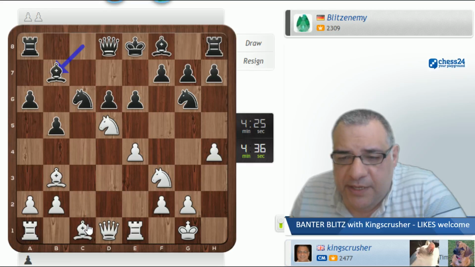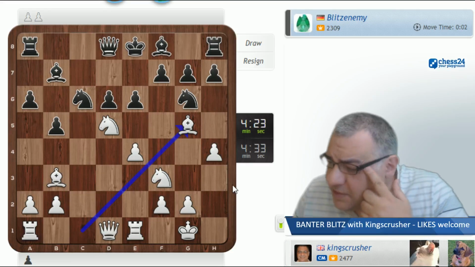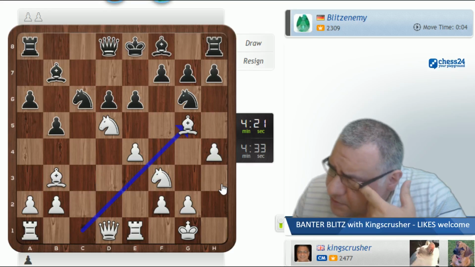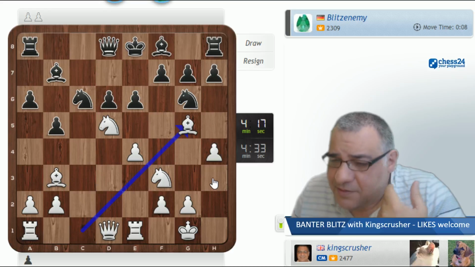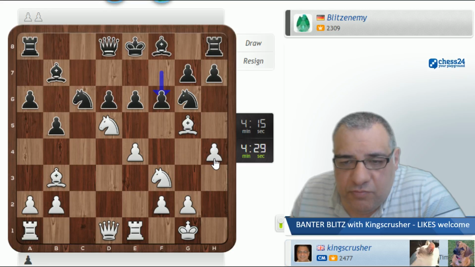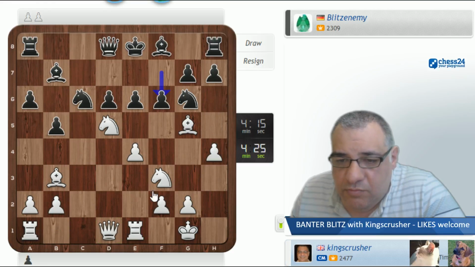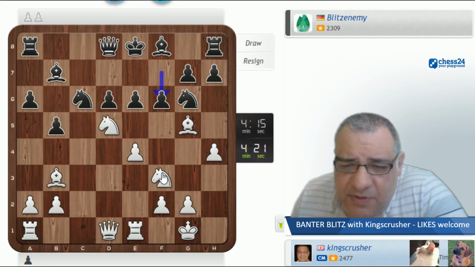What's going on here? He's not accepting my sacrifices. This guy is very cautious. Why isn't he accepting the sacrifices? The knight, etc. I can't go queen h5. Oh, shame. Okay, so